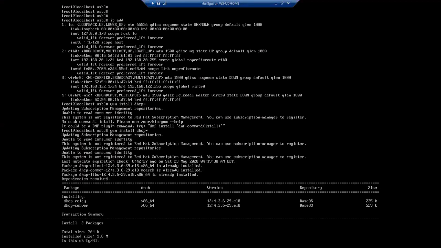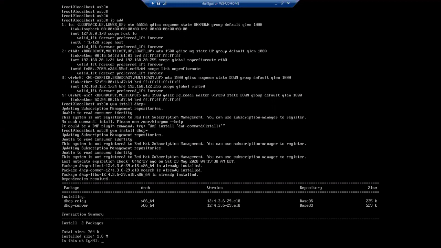So if my yum server or the DNF is configured properly, then I will be able to install. Here there are two packages. One is a DHCP relay agent, and one more is a DHCP server. Today we are using the DHCP server, and the DHCP relay agent is used to assign the IP address from my network and through the router to my branch offices.